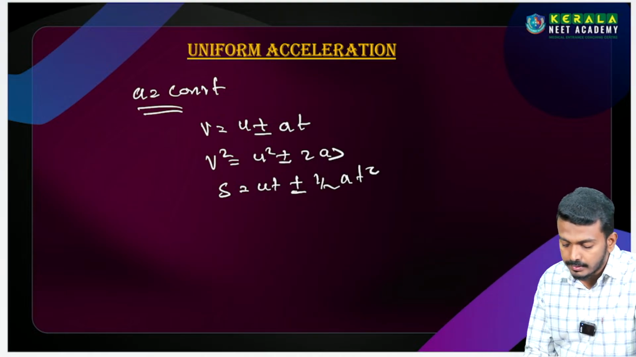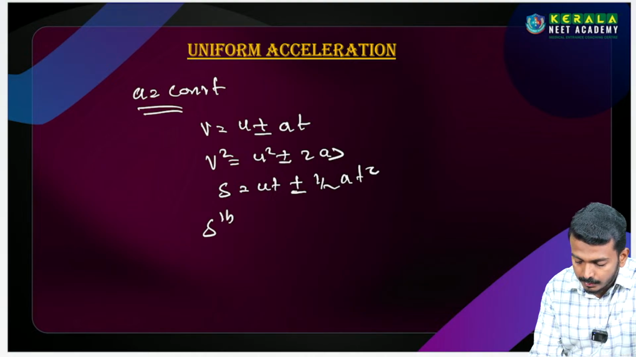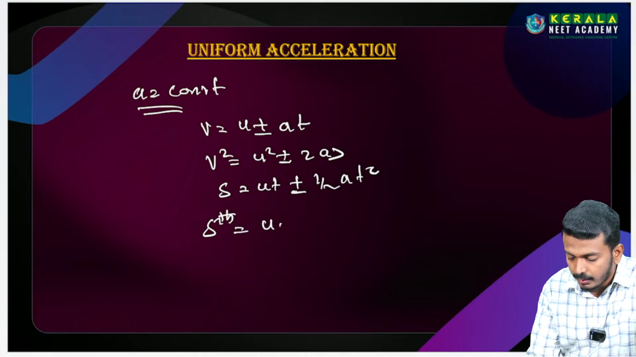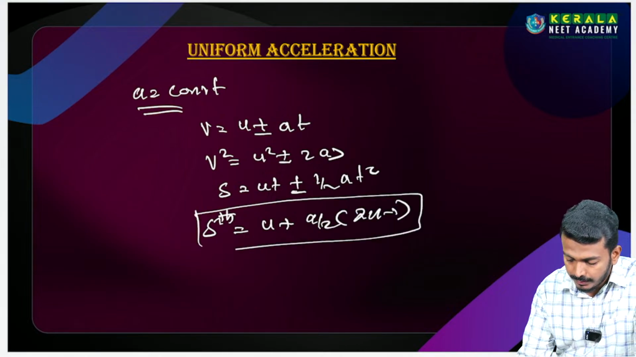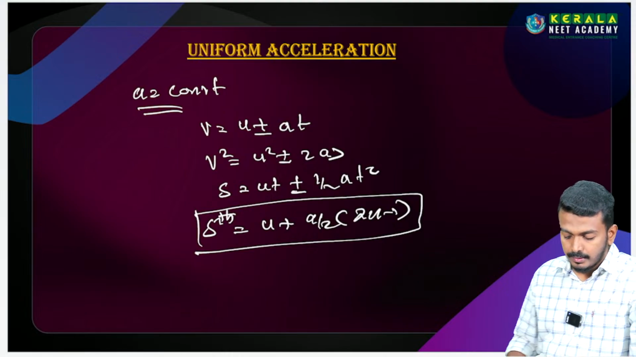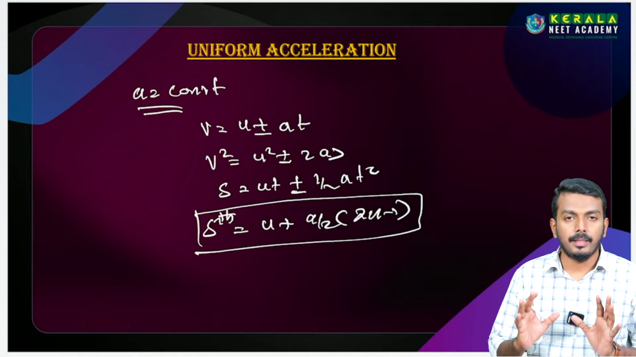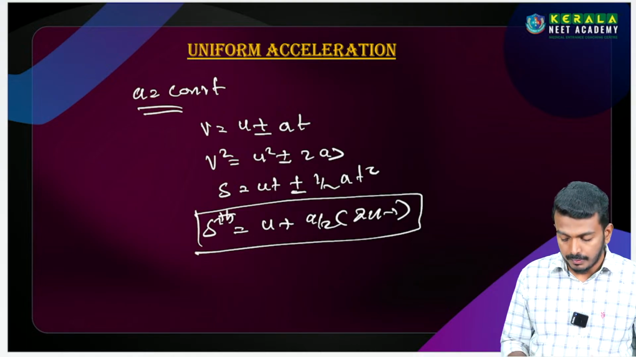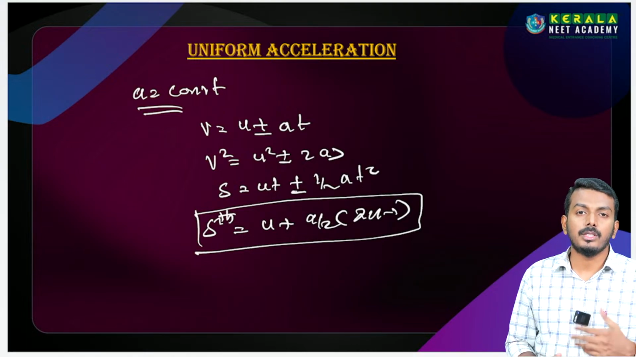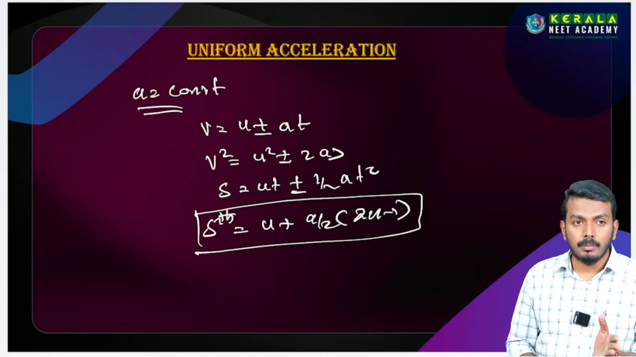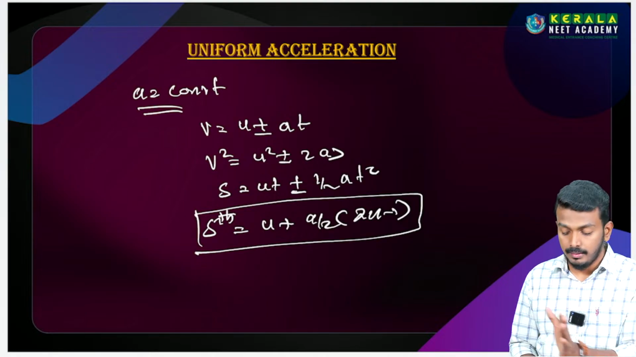But one more formula is there. S nth is equal to U plus A by 2 into 2n minus 1. These are the important kinematic equations, but we don't know how to apply them to the problem. But we have a shortcut. Before we talk about the shortcut,